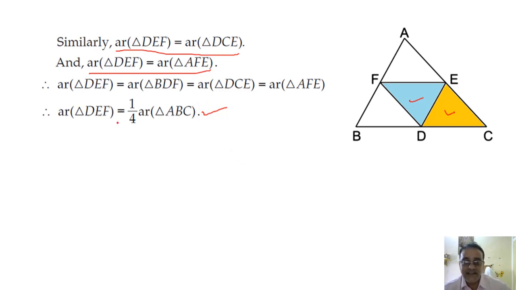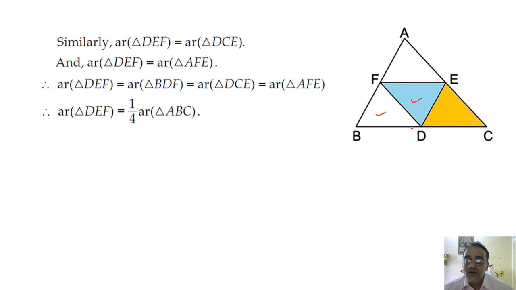This is the second part. First part we have already shown BDEF is a parallelogram. This is the second part of the question. And the third part we have to show that area of parallelogram is half of full triangle. कैसे देखो? Now these two areas are equal. एक मिनट में पूरा erase कर लेता हूँ. These two areas are equal. Correct? Already proved above.